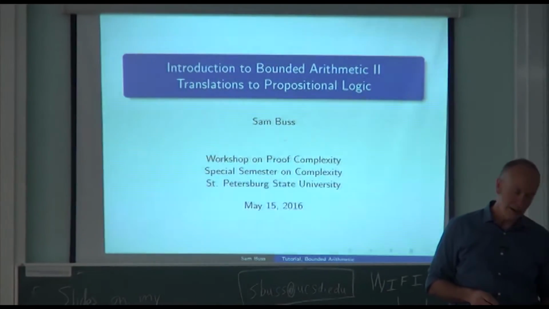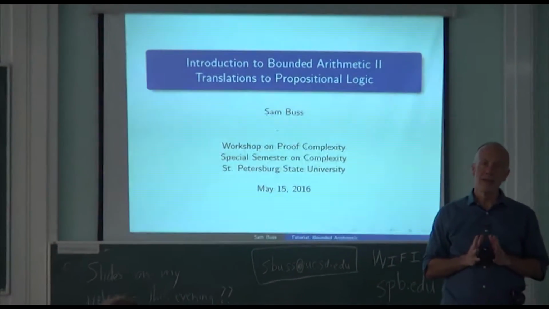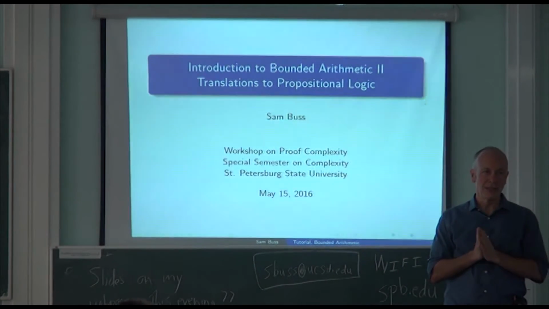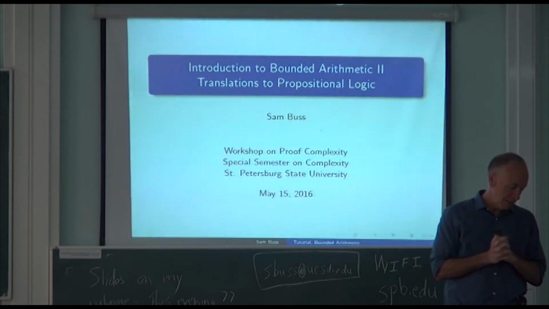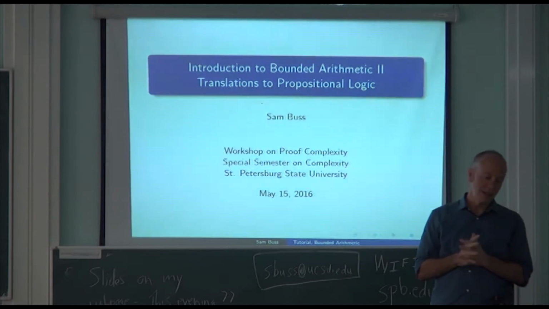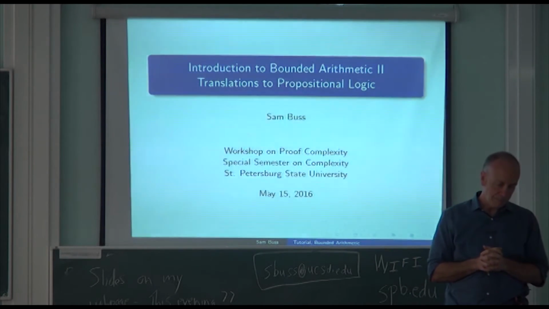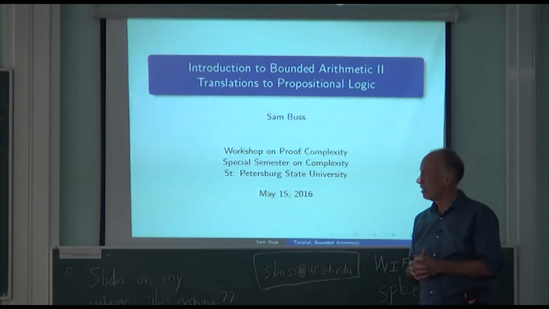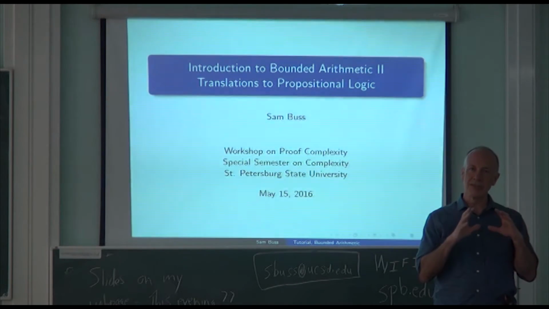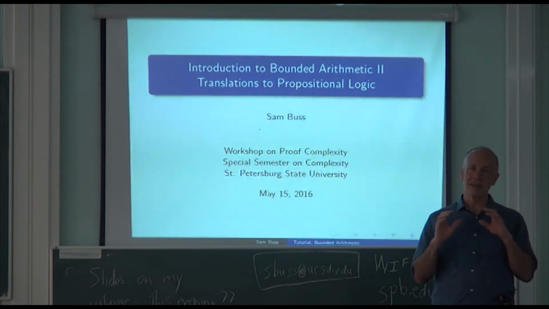So last time, for those of you who are new, we talked about S12, T12, U12, and V12, the provably total functions, and all these theories. Next I want to talk about translations from bounded arithmetic into propositional logic. In effect, bounded arithmetic theories are like uniform versions of propositional logic. There's a basic tripod of things that are connected here. We have bounded arithmetic theories, we've got the computational complexity of the provably total functions, and then we've got the